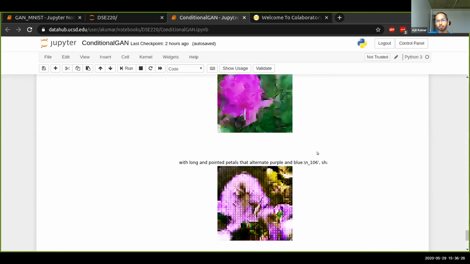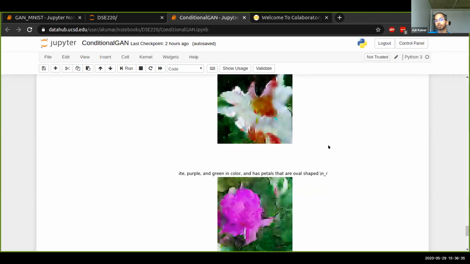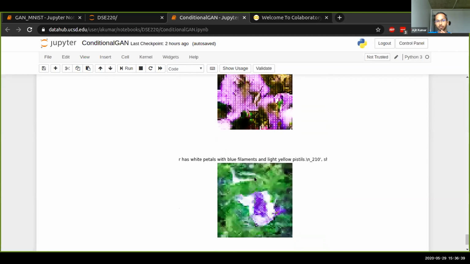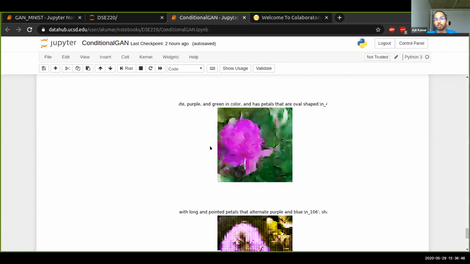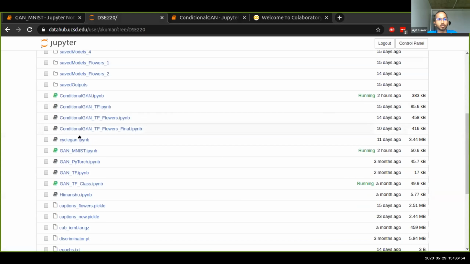We can see that the model essentially learns how to represent petals and how to attribute colors to all these. Some of the images do not look very good as well, so it's not that it has learned perfectly, but you can see that overall it has learned something. There is also